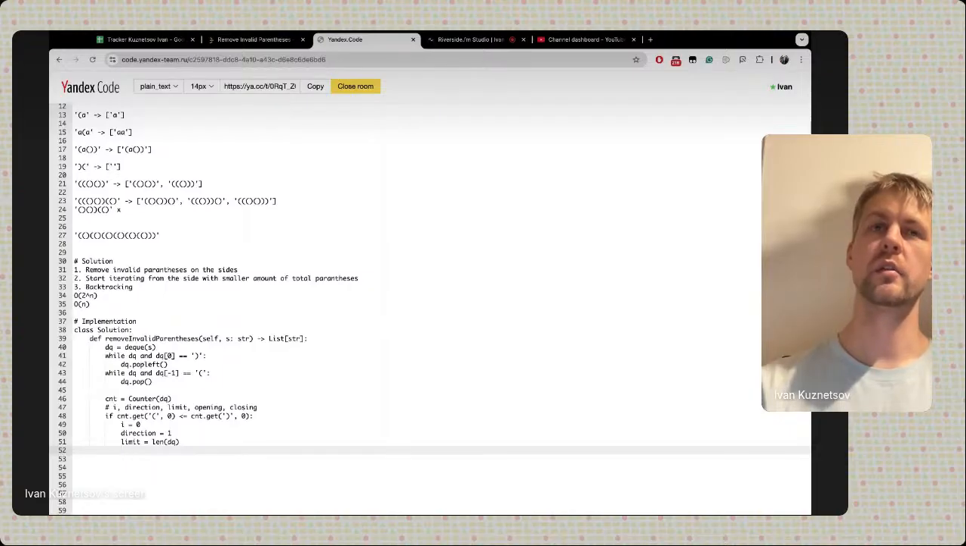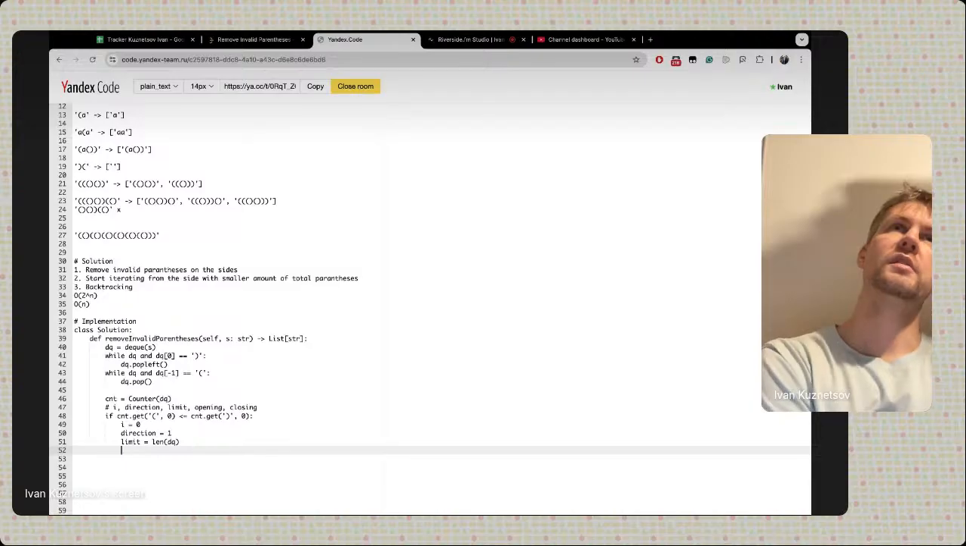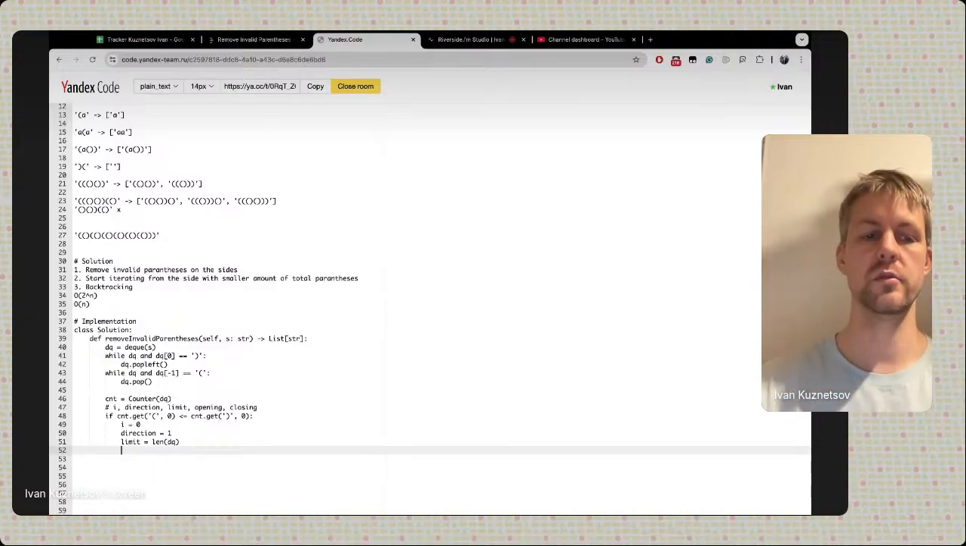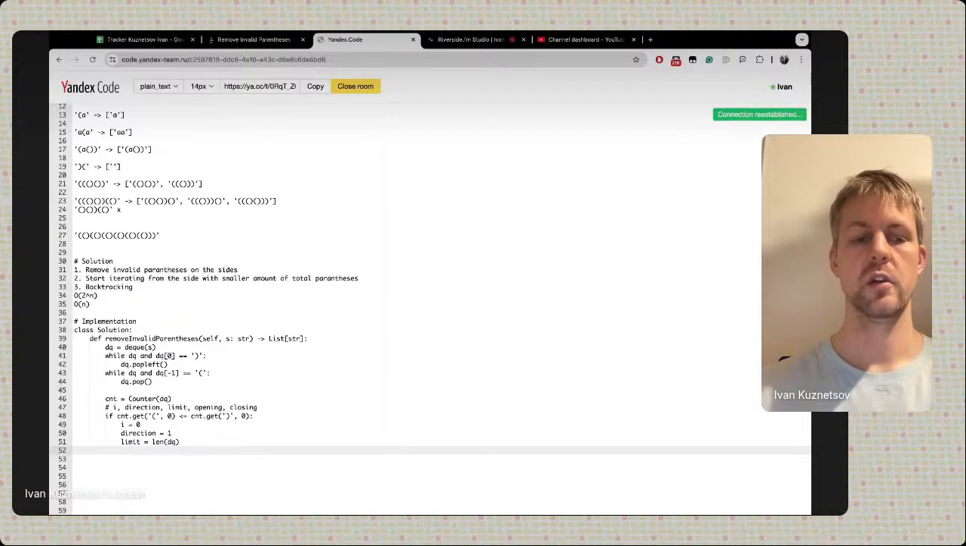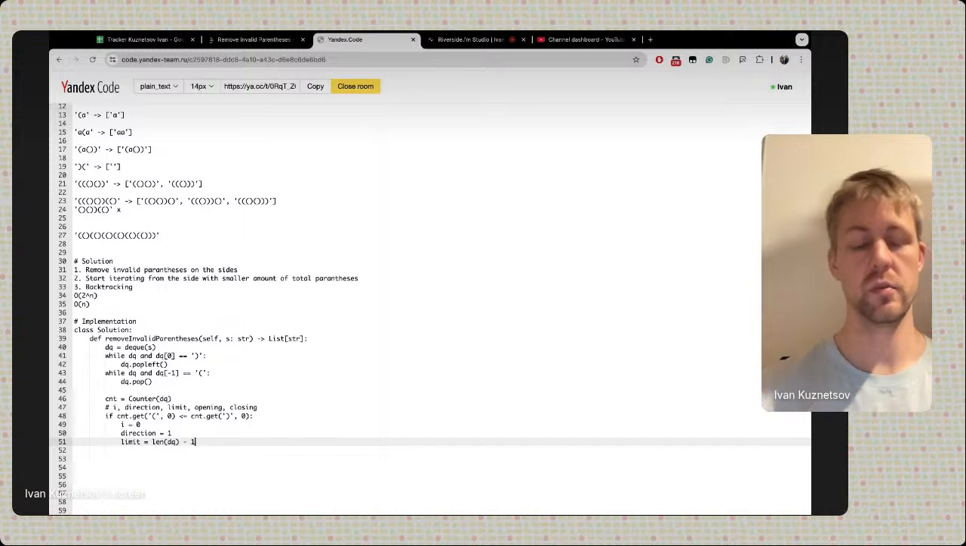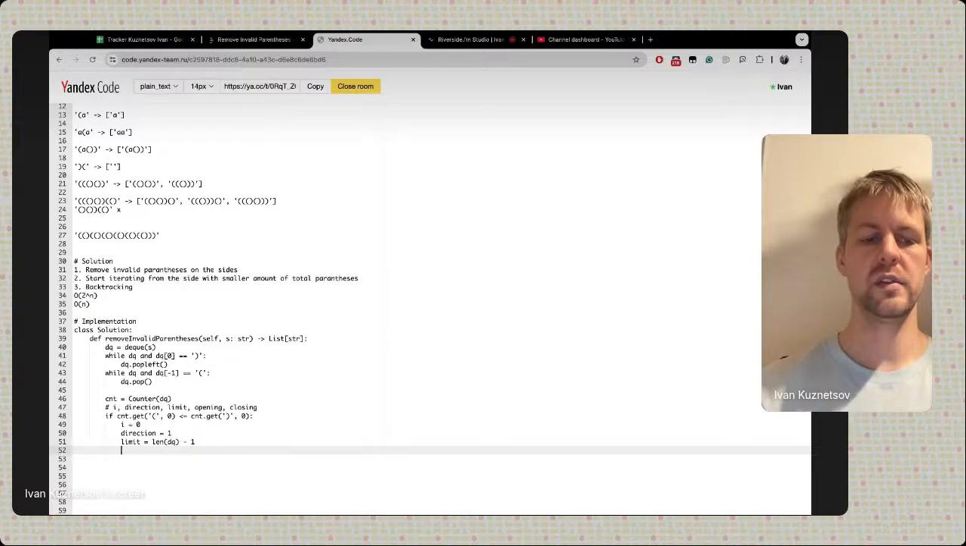I'm also thinking about the finishing scenario. How do we decide whether we in the end add the string to the possible solutions? It is basically if we are pointing to the limit. So limit I think will be length of dq minus 1 here, because this will be the final element. And if we are at this limit,